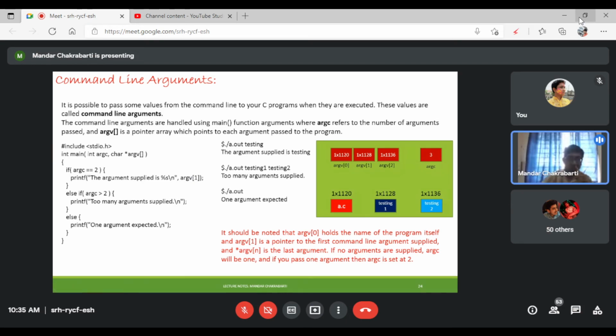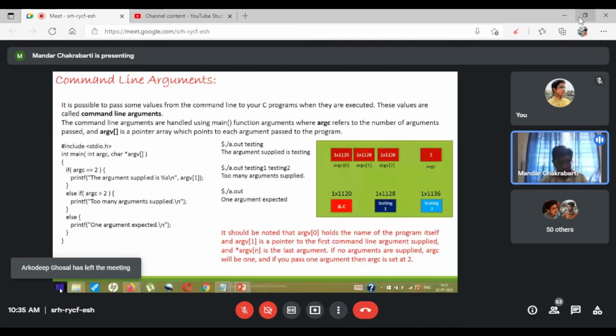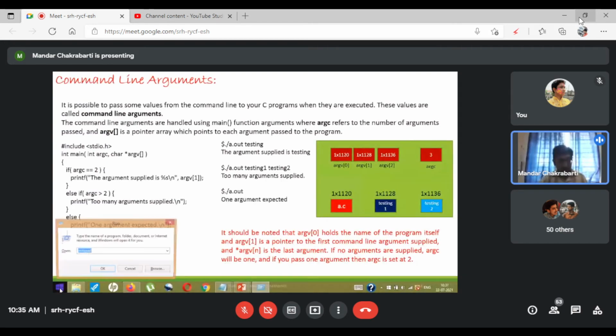Right. Command line argument: if I am using, say, Turbo C, or even say your Dev C, and if you are running these programs from the command line, meaning say you are running it from here, so Windows run CMD.